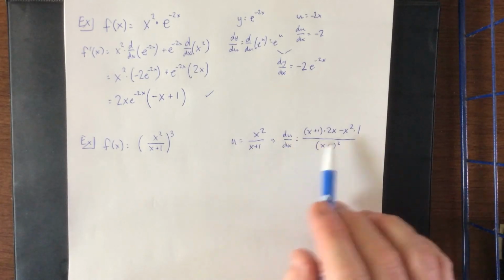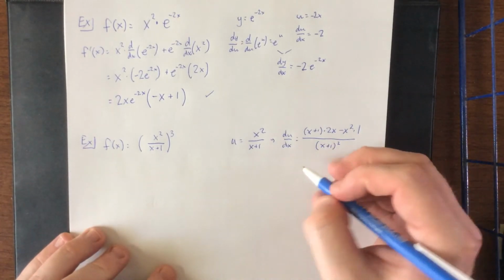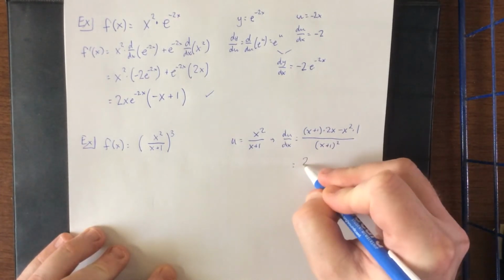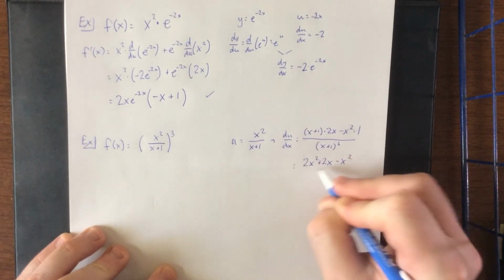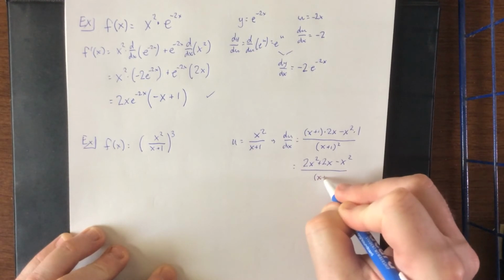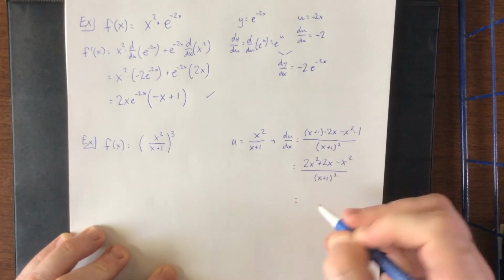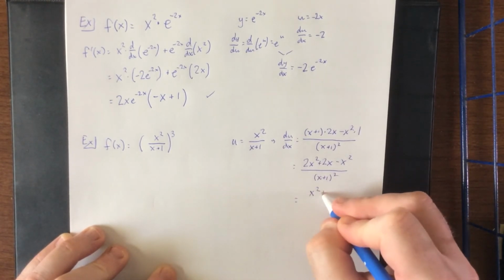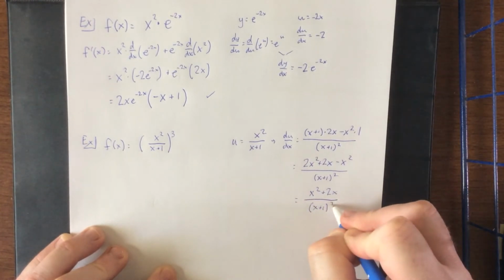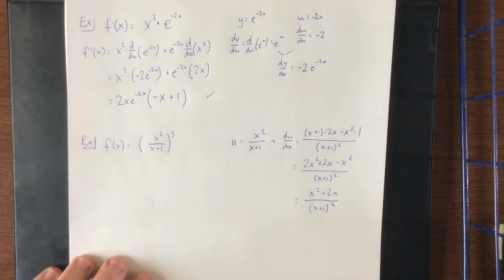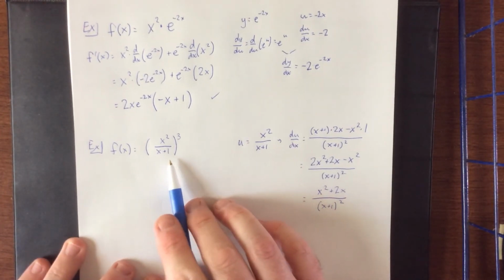So I took the liberty of taking those two derivatives since they are relatively straightforward. Distributing will give us 2x squared plus 2x minus x squared all over x plus 1, quantity squared. Or simplifying further, this will be x squared plus 2x all over x plus 1, quantity squared. Comparing that to this over here,